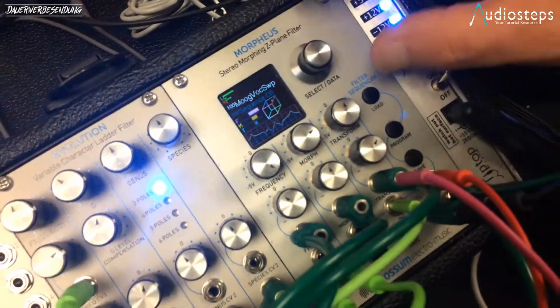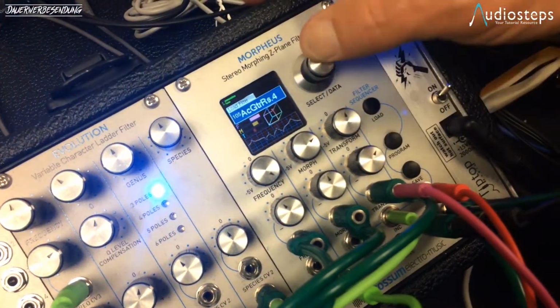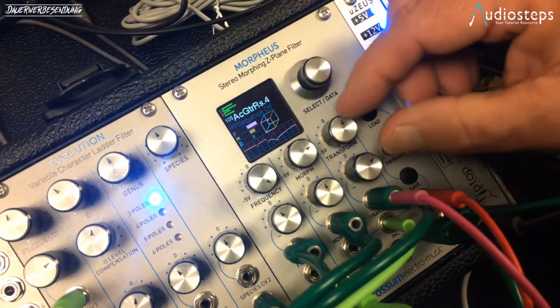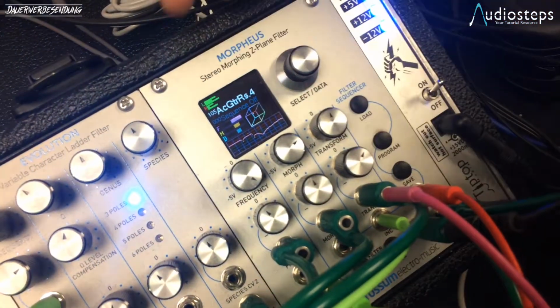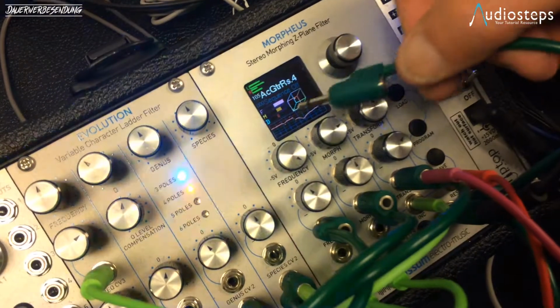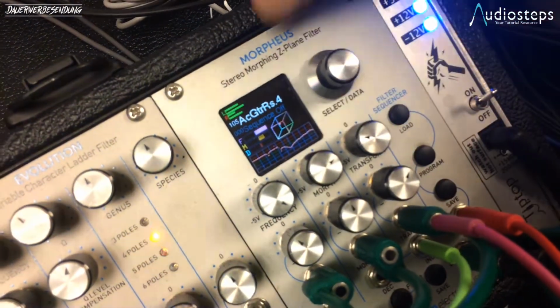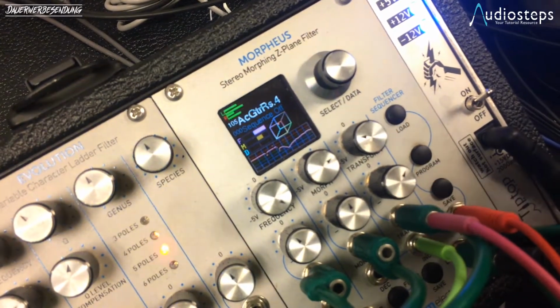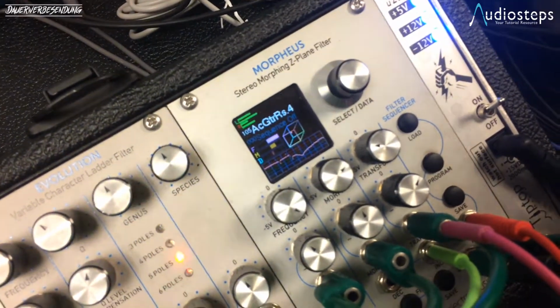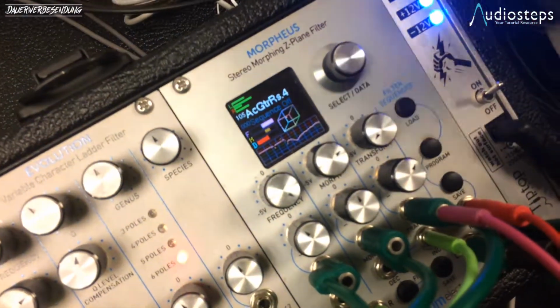The one last really interesting feature in Morpheus is if I choose a sound, this one's an example where I've got a .4 over here. If you look carefully on the screen, you'll see that the transform dimension now has instead a D, because the .4 means that the sound designer only wanted to use 4 corners of the cube. So the transform dimension wouldn't do anything. So instead we've made it so it's